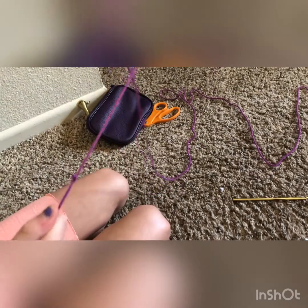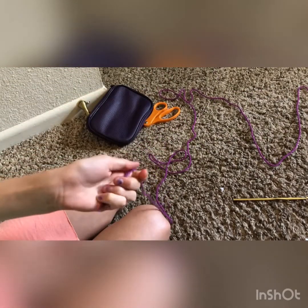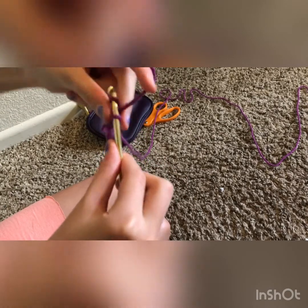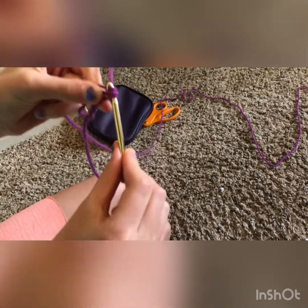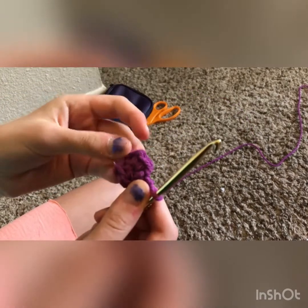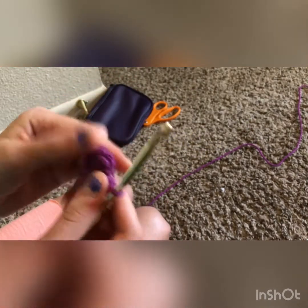Increasing on a round project is basically the same. Here I have a magic circle, and you cannot increase in a circle. You're just going to have to do a certain amount of stitches. I like to do 6. So here is a magic circle with 6 single crochet in it, and as I said in my last video,